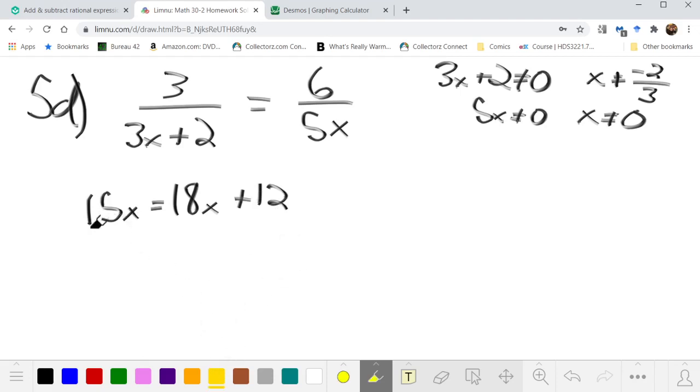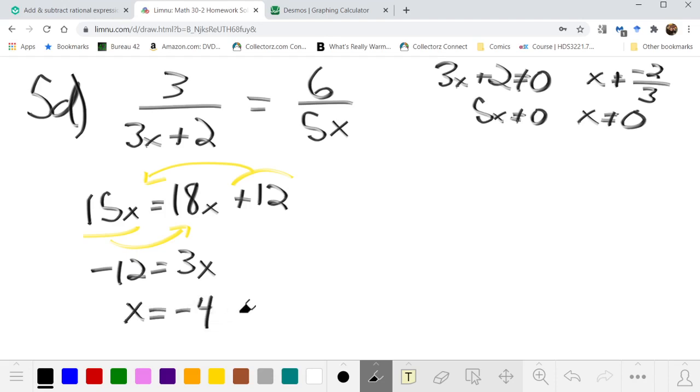I like to have the coefficients of my variables positive, so we'll move the 15 this way and the 12 that way. This leads us to -12 equals 3x, or x equals -4. To verify,